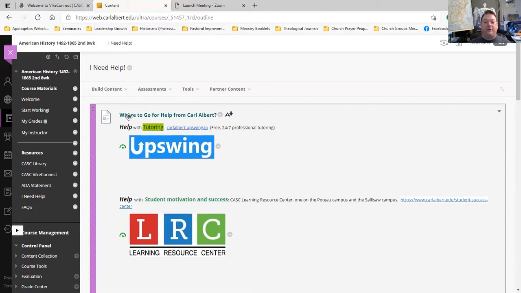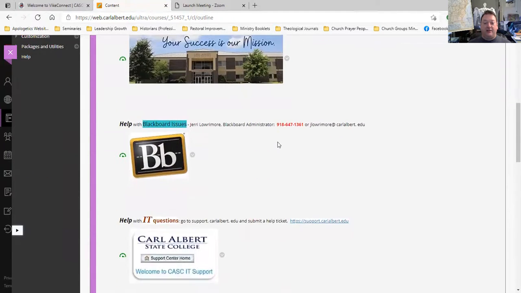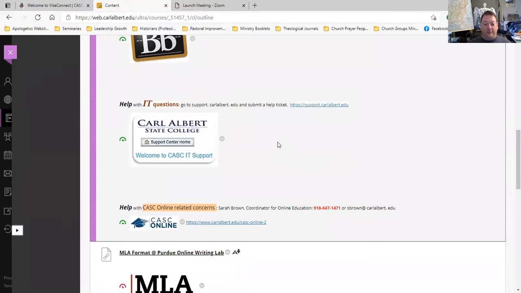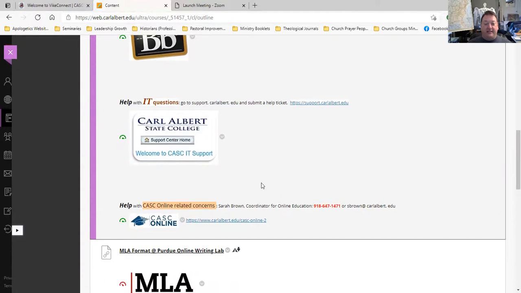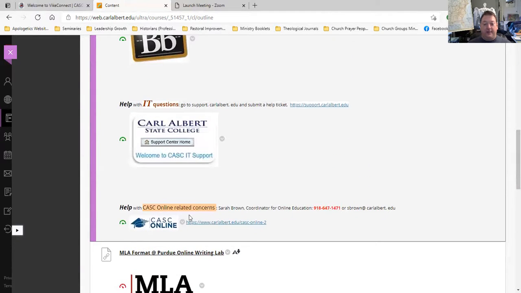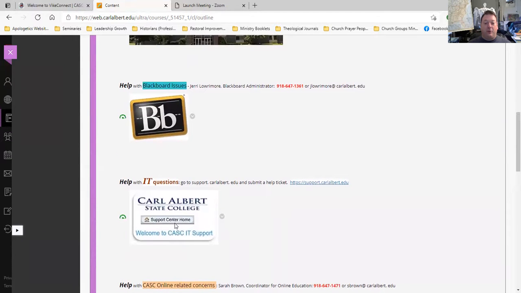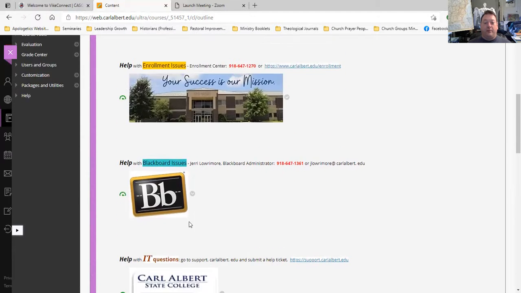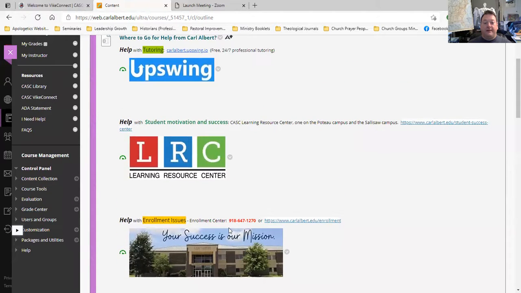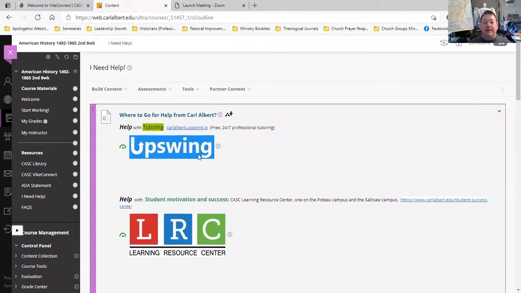For example, the first item here, where to go for help from Carl Albert, has 6 links or the information on how to access these 6 things: the online program, which you all are in, the help, the Carl Albert support, Blackboard issues, enrollment issues, Learning Center, and tutoring.